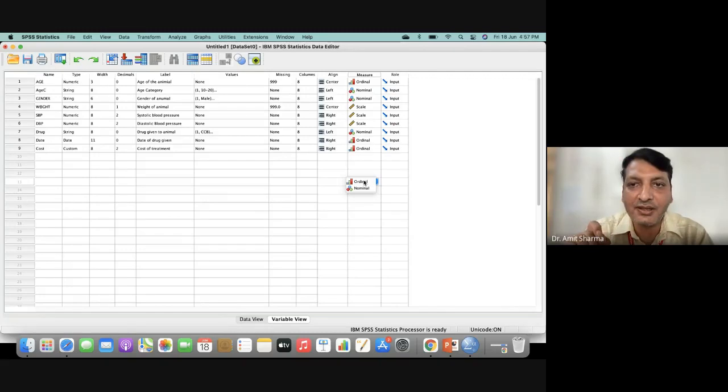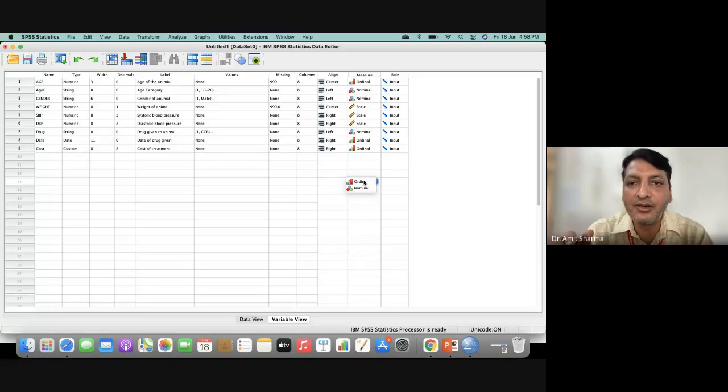In stats, numerical data are represented in 3 different types. One is called scale, the second is called ordinal, and the third is called nominal. Nominal is the categorical, so we'll keep it aside. Now we have an option between scale and ordinal.